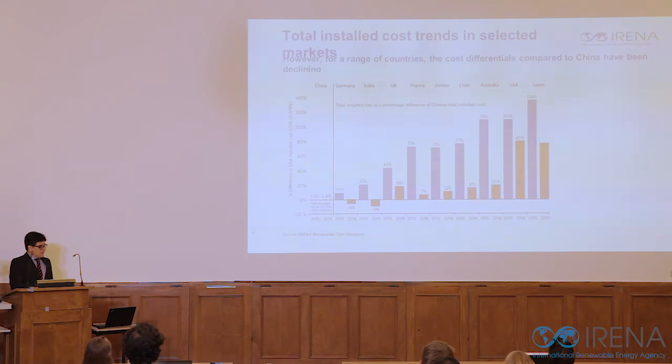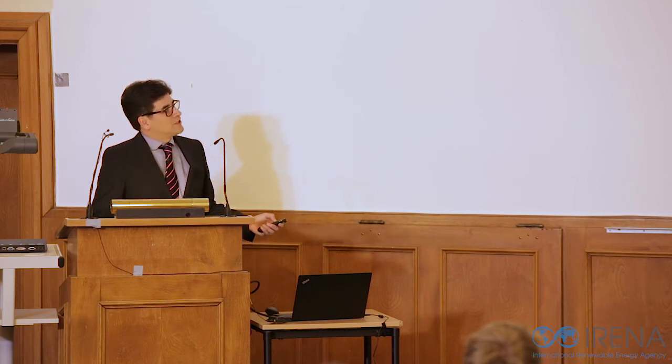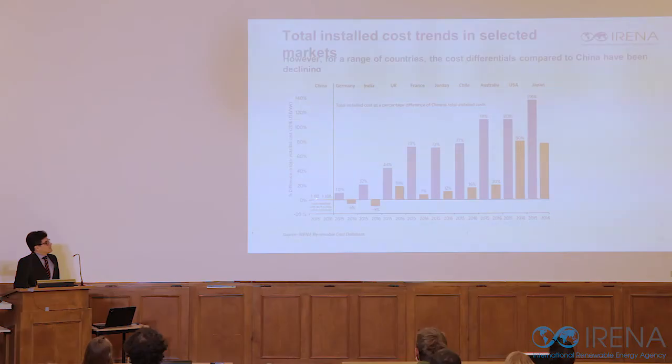This chart shows 2015 and 2016, an index compared to the costs in China, which are represented here as a benchmark. This is the absolute levels in terms of US dollars per kilowatt, so more or less 1,100 in both years. And comparing those to each country, you can see that